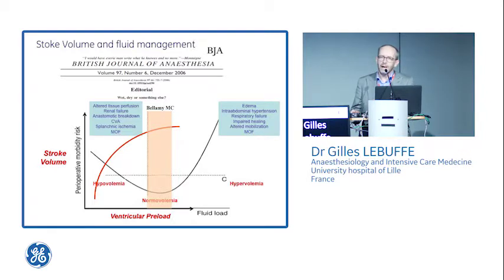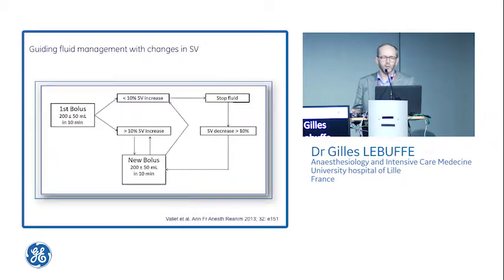So this guideline proposes an algorithm for fluid administration. All patients after induction, and also after incision, because your sympathetic tone is modified after the incision, receive a small bolus, 200 milliliters of crystalloid or colloid. And after the solution, if your stroke volume increases by more than 10%, your patient is preload dependent,